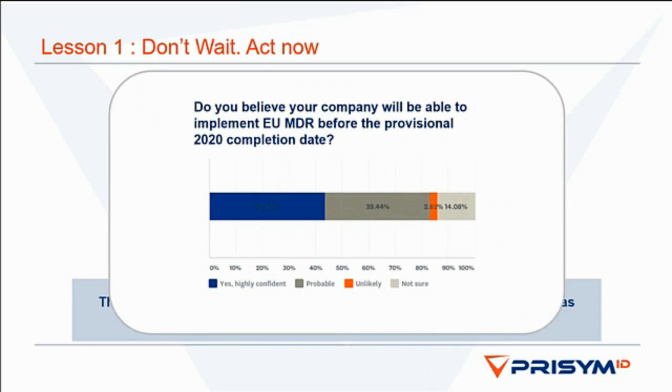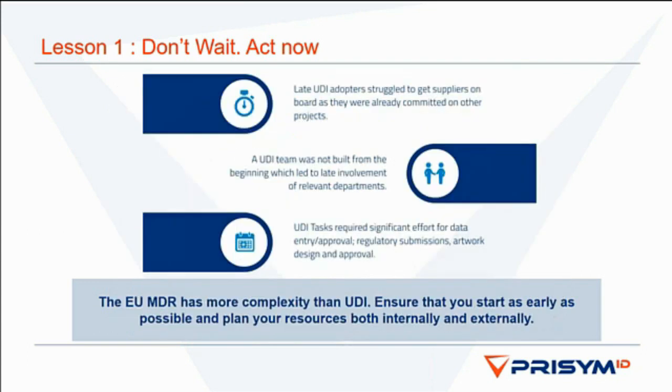Now, according to the survey, there is a high level of confidence that solutions will be in place to meet the deadlines. From what we saw for UDI, some of this optimism was due to not fully understanding just how significant the impact of these changes is going to be. Since we saw in the previous result that 50% of responses are still in the early stages, I'd warn you not to be overly optimistic. The bottom line is, if your license is delayed, you're not going to be able to supply your devices. And the later you start, the higher this risk will become.